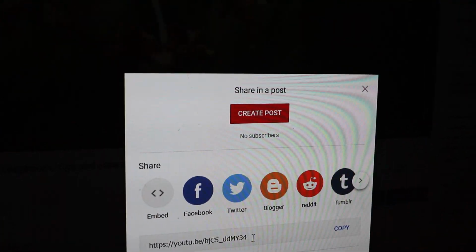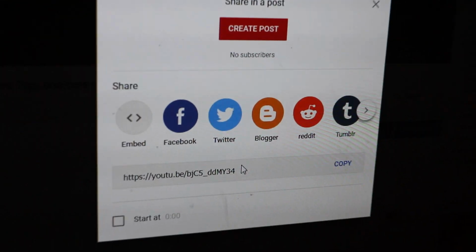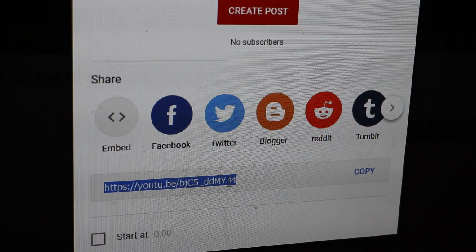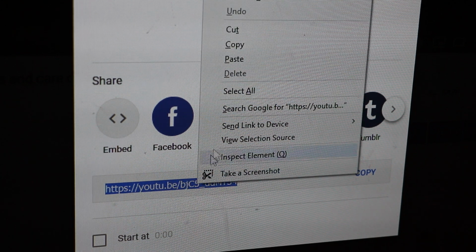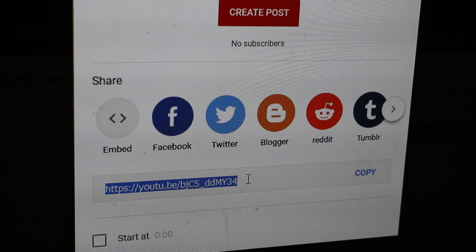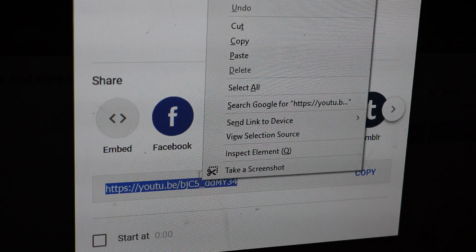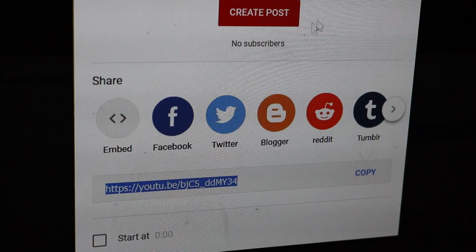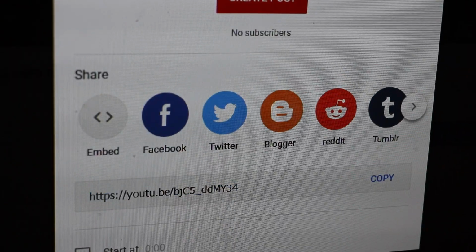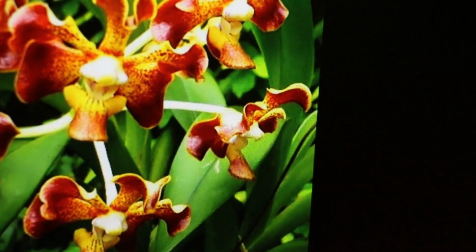Click Share. You have to get the link right here at the bottom. I'm going to focus, guys, right here. You highlight that with one click, so it's highlighted. Copy it, and put it in the box. Now you go back to where you were.